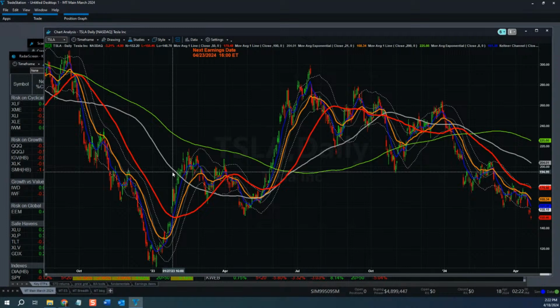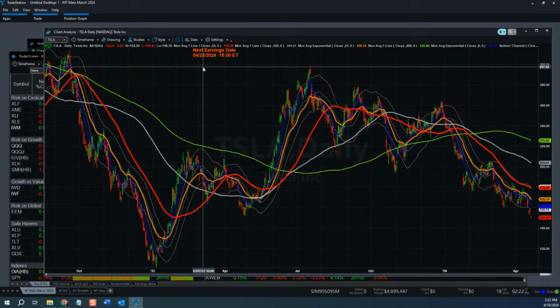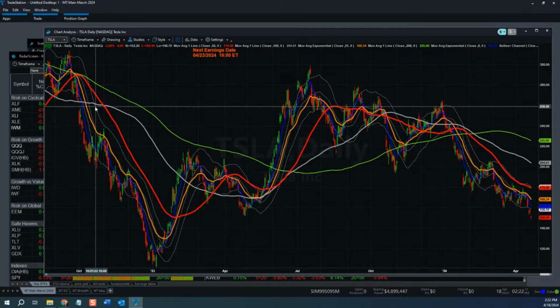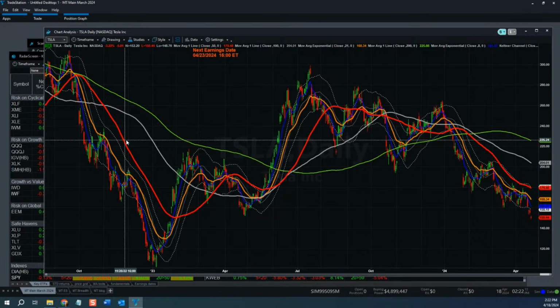There's a lot of negativity in this, and it's a really actively traded name. But earnings are coming up on the 23rd. Tesla is contributing to a lot of this overall weakness. The things that really stand out to me, though, when I look at the overall situation,